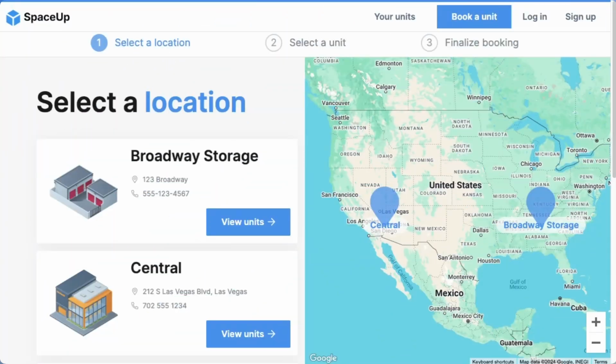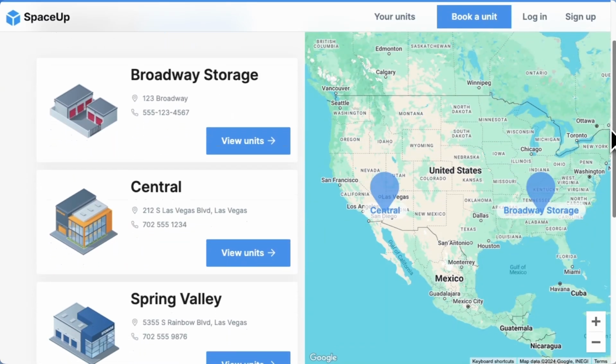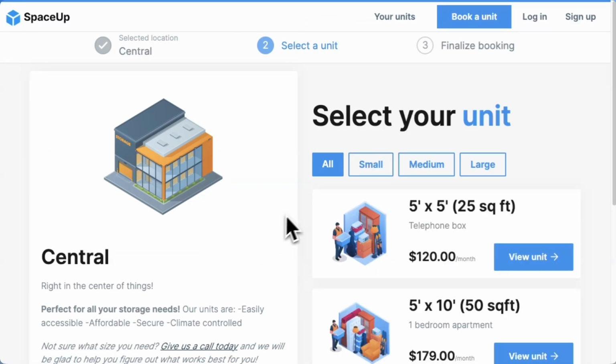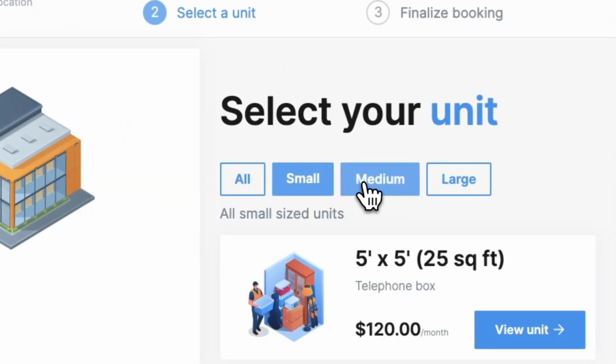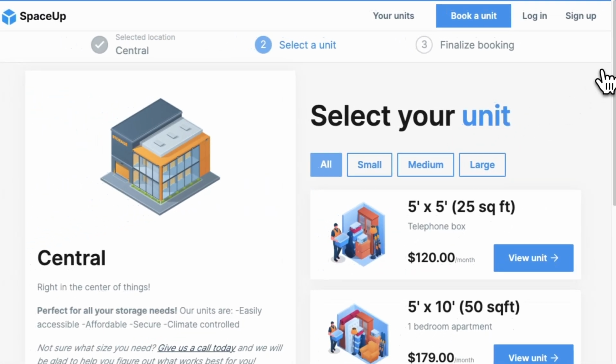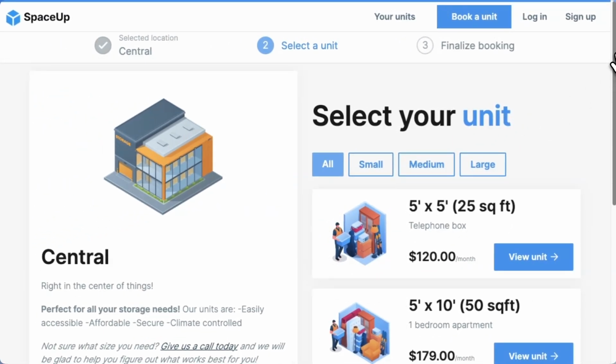You can create groups for your unit types in Storganize, which are added to the booking flow in your customer portal. These groups are often used to categorize unit types by size, such as small, medium, and large. You could also organize them by features like ground floor versus second floor units, or any other unique or creative